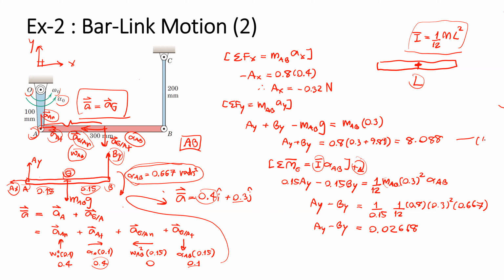So equation 1, equation 2, if we combine these two equations, this means 2 of AY equal to 8.088 plus 0.02668. So AY itself,